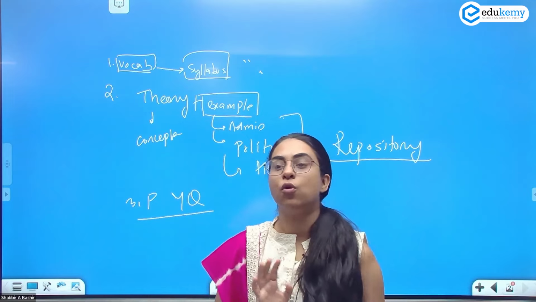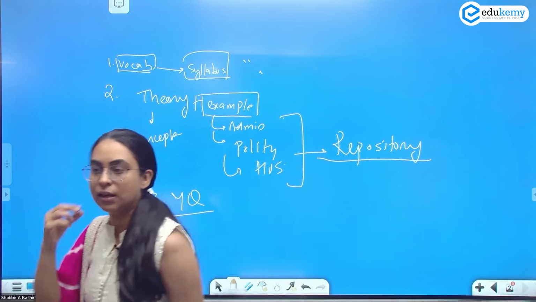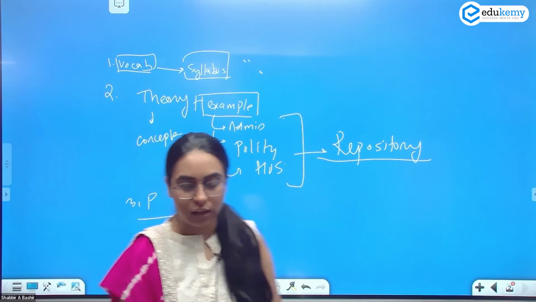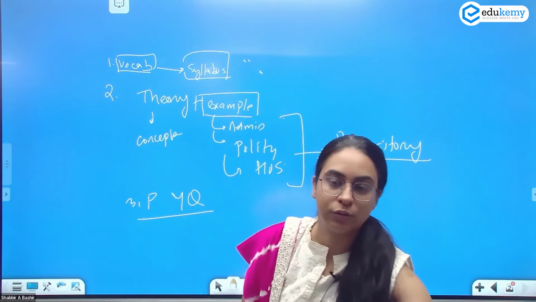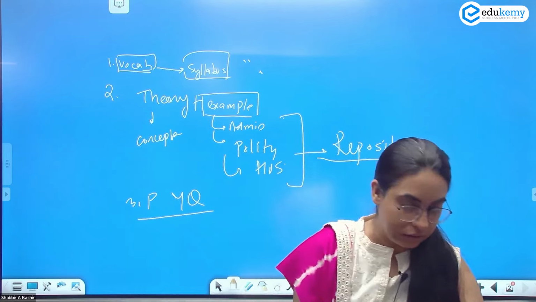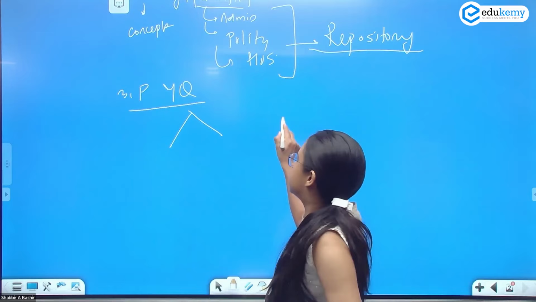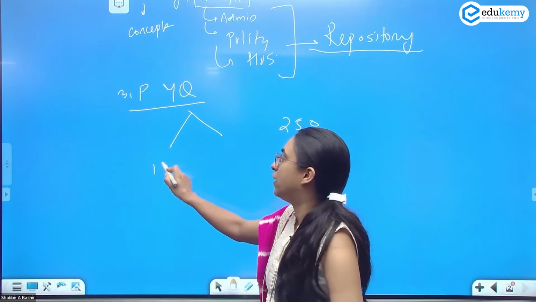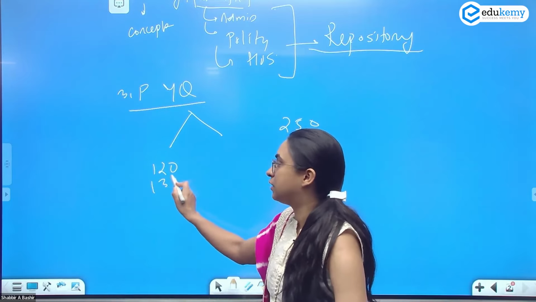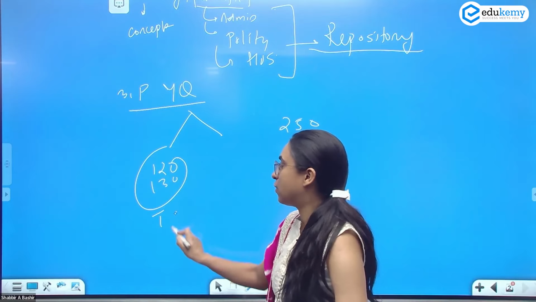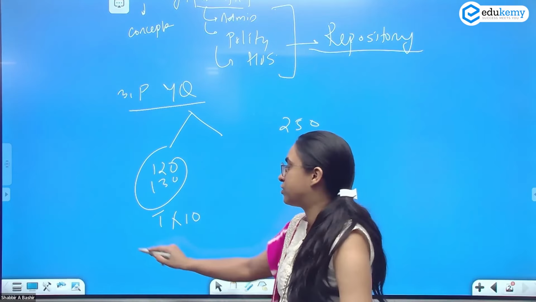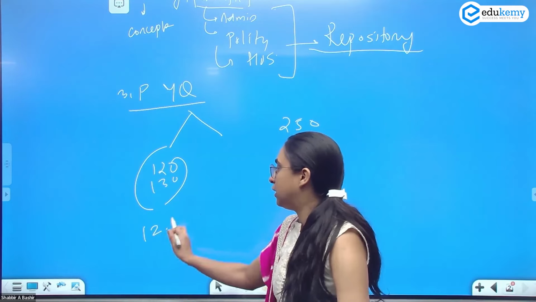Have anybody of you gone through the previous year question? किसी ने देखे हैं previous year question? कैसे question पूछता है? अगर थोड़ा preliminary basis पे भी पूछे तो कैसे पूछता है, क्या पैटर्न है? अगर हम ethics का previous year question देखें, पैटर्न देखें तो this is a 250 mark paper, 120 marks या 130 marks की theory आती है. Theory के सारे question 10 marks के होते हैं. So the question either is 12 or 13 of 10 marks.